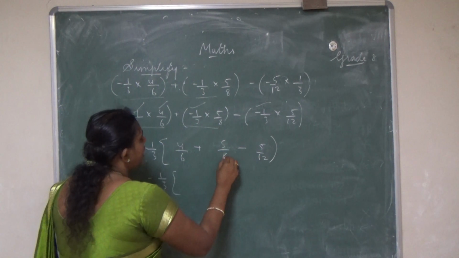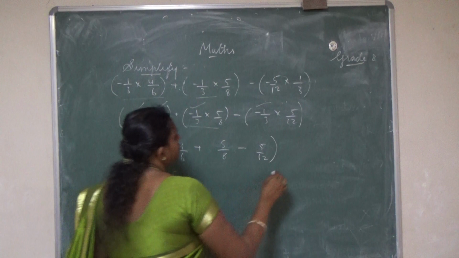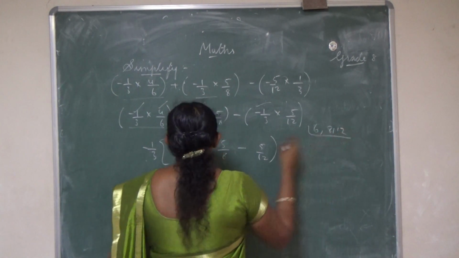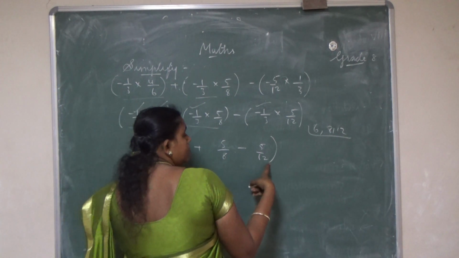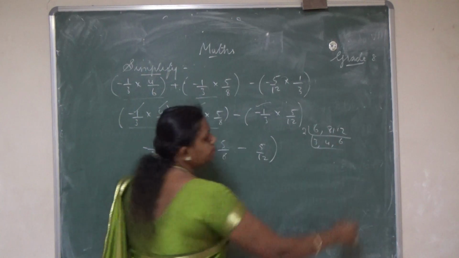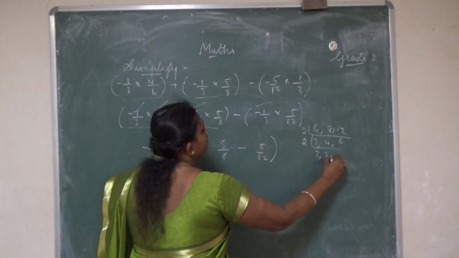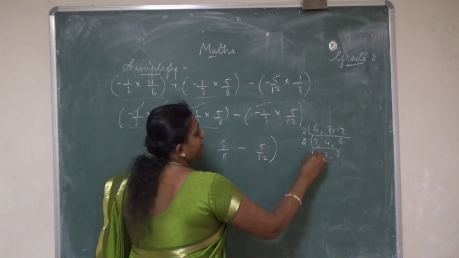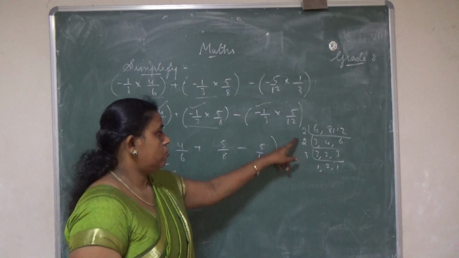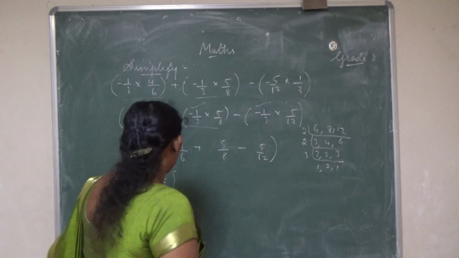Now what I have to do is add and subtract. For add or subtract, what do we have to do? We have to find the LCM for 6, 8 and 12, is it? So shall I go for 2, 3, 4, 6? Again second table: 3, 2, 3. Again third table: 1, 2. So what is the LCM? 2 2s are 4, 3s are 12, 2s are 24. 24 is the LCM.